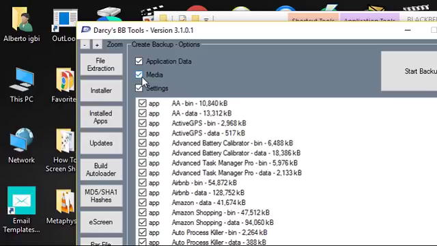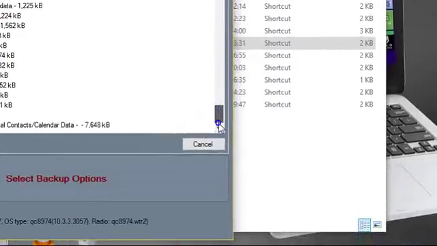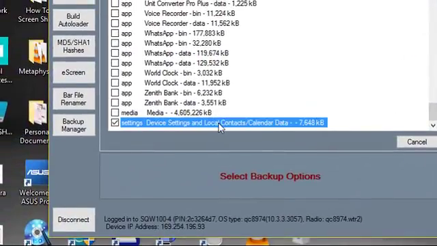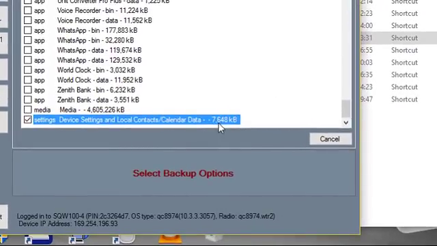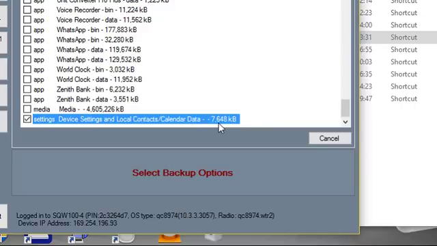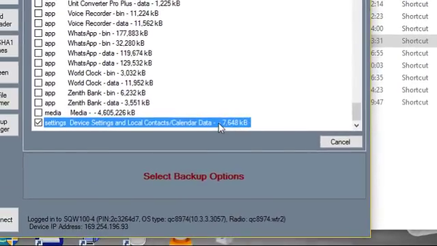But if you do an express setup, you might want to take another backup for just the settings, and that would back up your settings. That, you can see, is just over 7 meg, and it would take very little time to do that. Let's say about 5 minutes or so, or less than 5 minutes. So if you have that